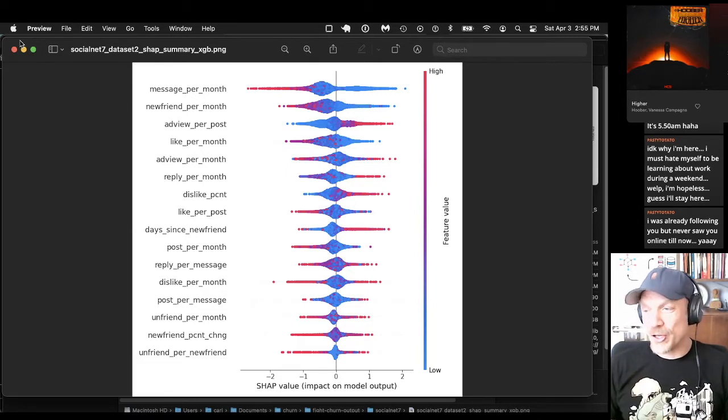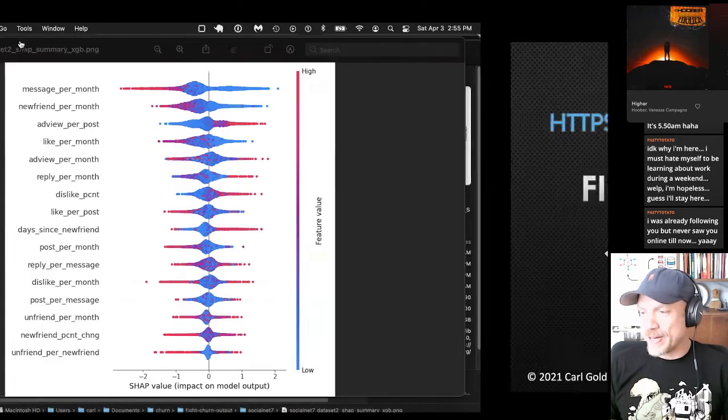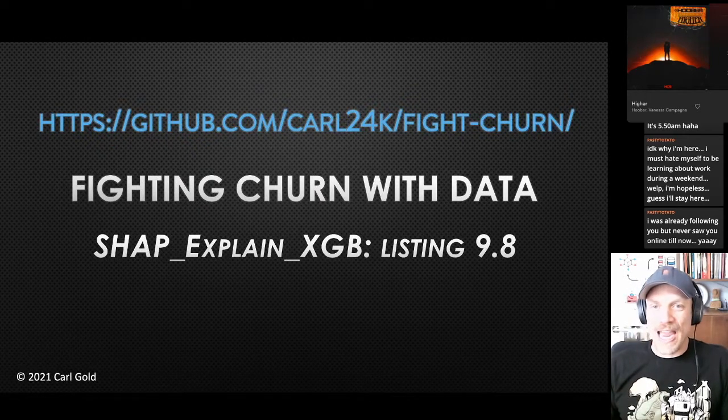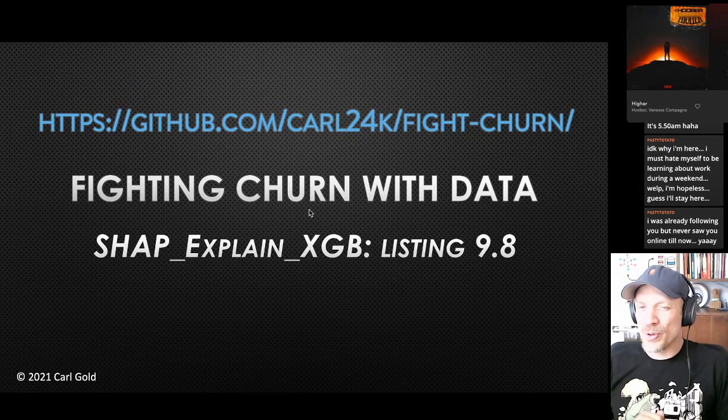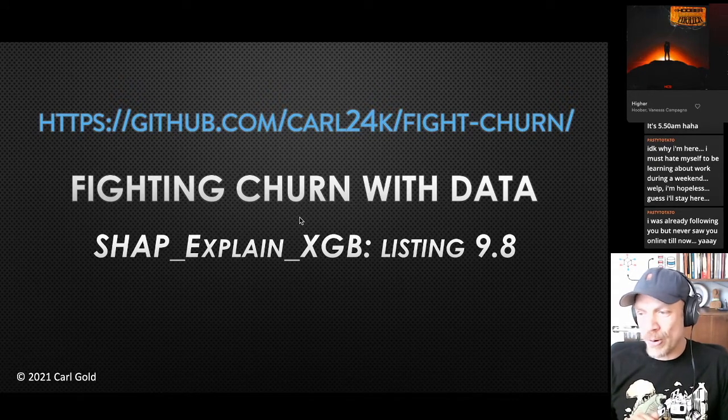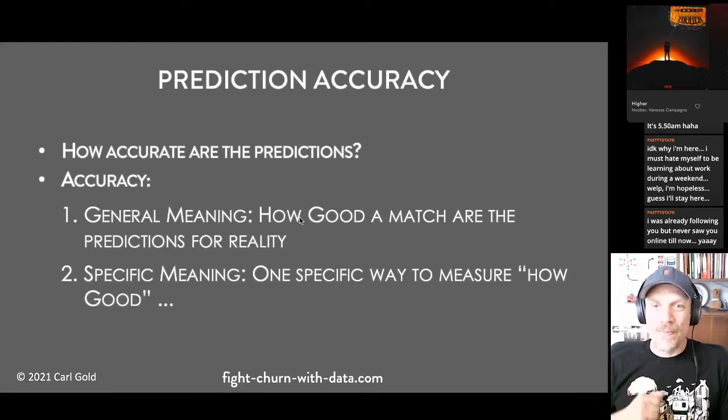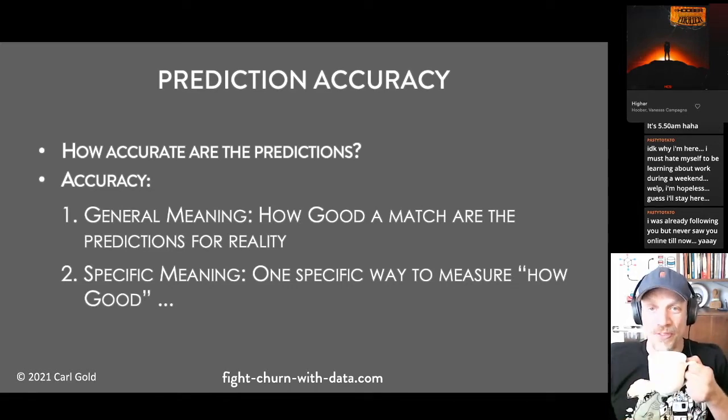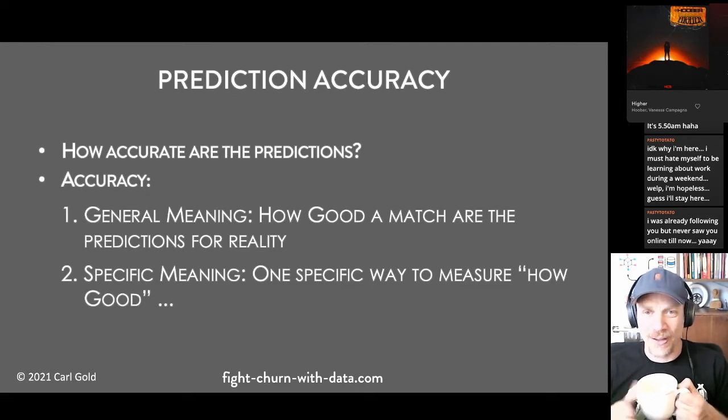And this one is a very good one, I think, like I said, because I'm covering material that's not in the book. But anyway, let me get back to what we're going to talk about next. So that was explaining XGBoost. We've actually got a lot more to do in this stream. And some of you who have data science experience might know where we're going next, and it's to accuracy. So not only do we want to be able to explain our predictions, we want to know how accurate they are. It's a very big obsession in data science and machine learning, as you must know.